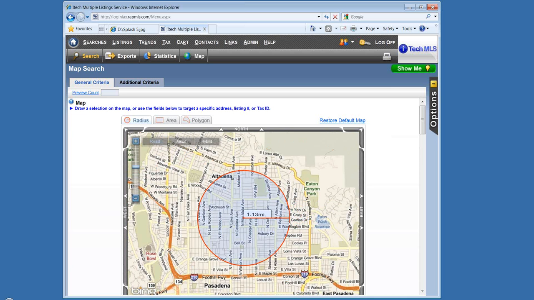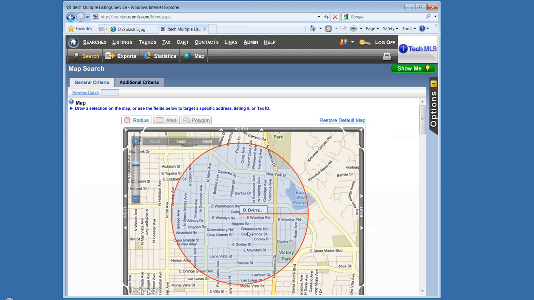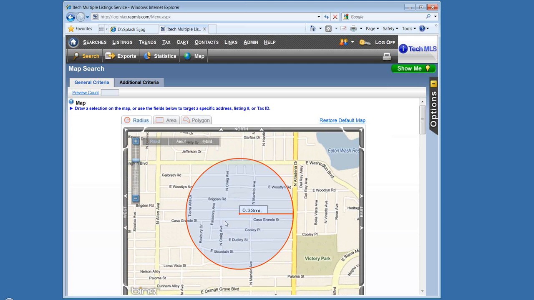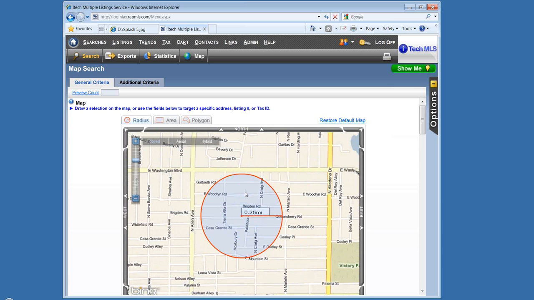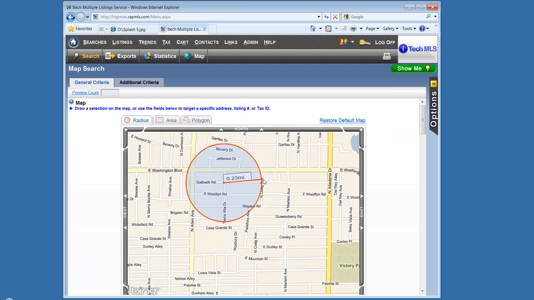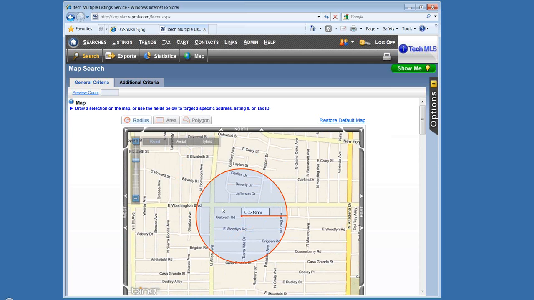Now the thing people do wrong here is they try and get it right the first time. Notice that you can go back in and you can have multiple bites at the cherry. So you've got a very vague map to begin with. Go in and don't try and get it right the first time. Just do it multiple times. But if you know the area that you're working, you can get a very precise radius